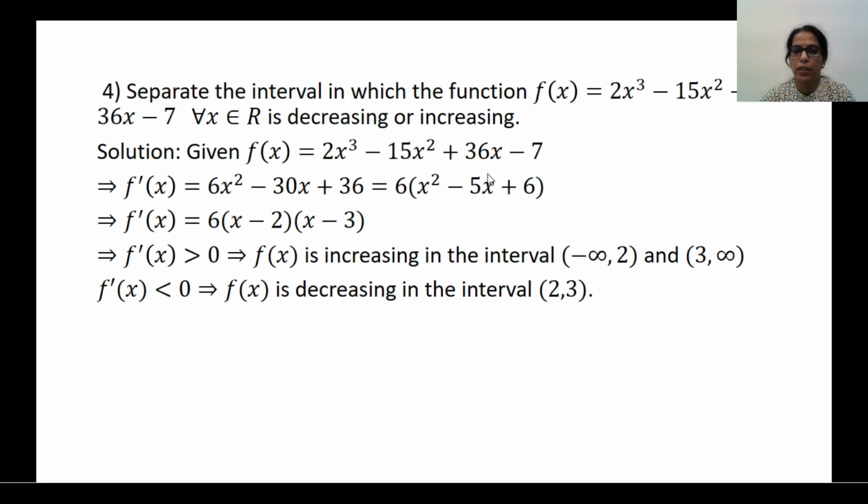Now after differentiating, find out the factors for this. For an increasing function, we have f dash of x greater than 0, which lies between minus infinity to 2 and 3 to infinity. For f dash of x less than 0, that means x minus 2 less than 0 or x minus 3 less than 0, the function is decreasing in the interval 2,